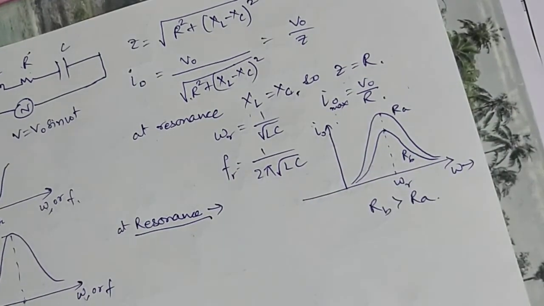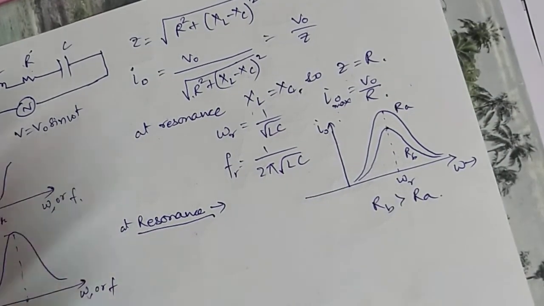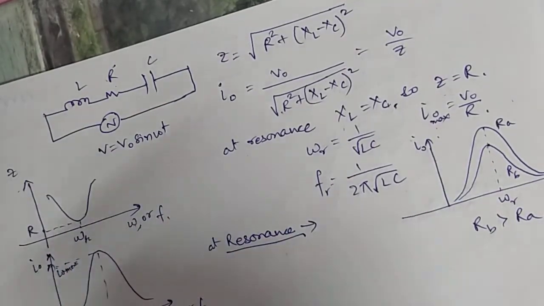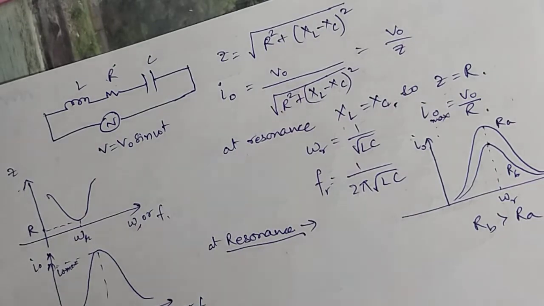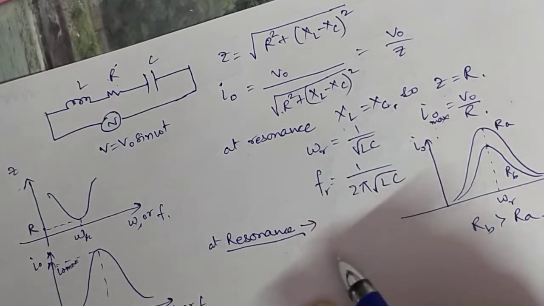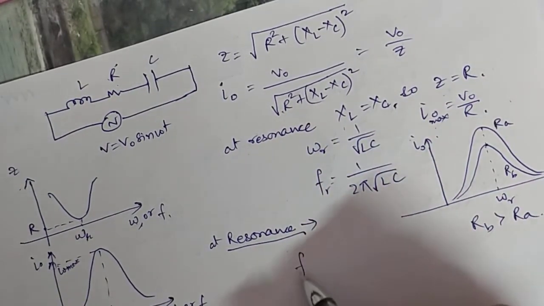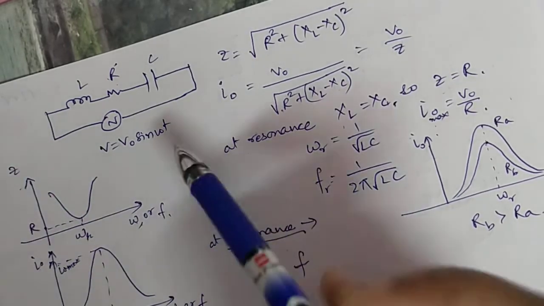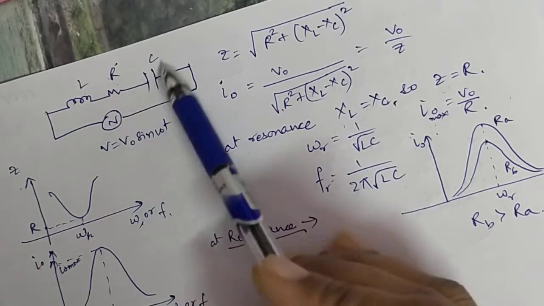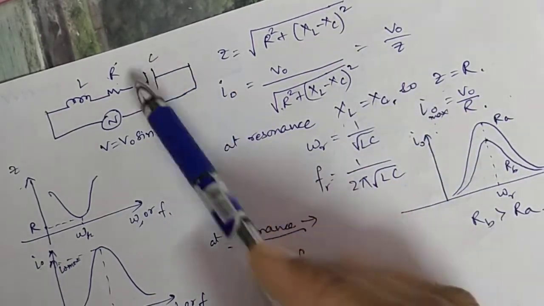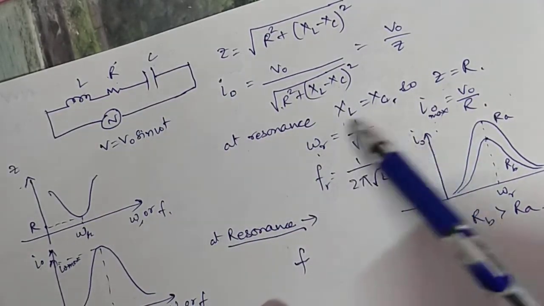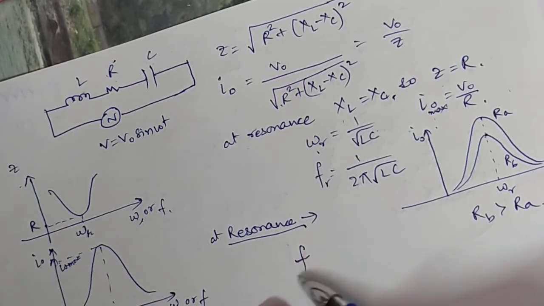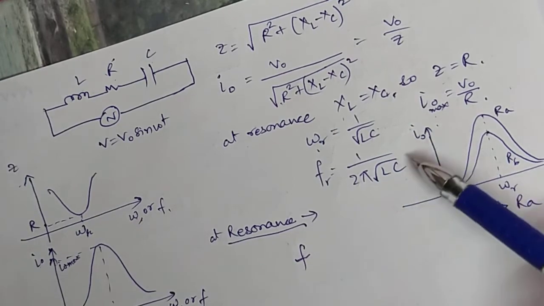This is okay. Now, application of resonance circuit. Where do we use this resonance circuit? It is used in tuning of radio stations or TV channels. When you tune, a particular channel comes at a particular frequency. So when we change out of L and C, we can change C. When we change this C, omega R changes. The resonating frequency changes. Then this resonating frequency matches with the frequency of the TV signal or the radio signal, and we get that particular channel.